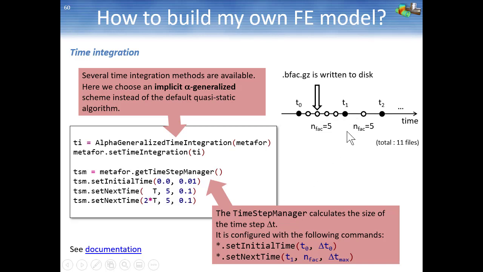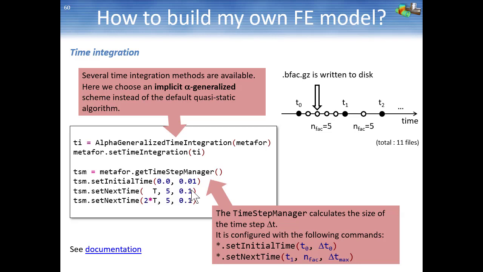So it's t equals big T here. Between these two times, we would like 5 files on the disk, and we would like a maximum time step of 0.1, because you will see that Metafor will adapt the size of the time step